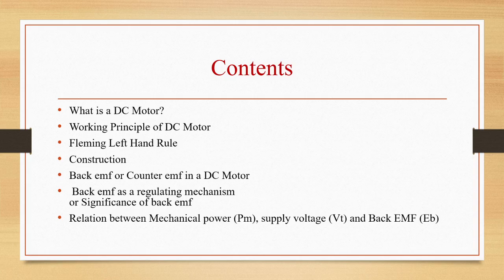So in a generator, the input mechanical energy will be supplied by a prime mover, while in a DC motor, input electrical energy is supplied by a DC supply. Construction of a DC machine is same whether it is a motor or a generator. So the principle of operation of DC motor can be stated in a single statement as: when a current carrying conductor is placed in magnetic field, it experiences a mechanical force whose direction is given by Fleming's left hand rule and magnitude is given as F is equal to BIL newtons, where B is the flux density due to the flux produced by the field winding, I is the magnitude of current passing through the conductor, L is the active length of the conductor.